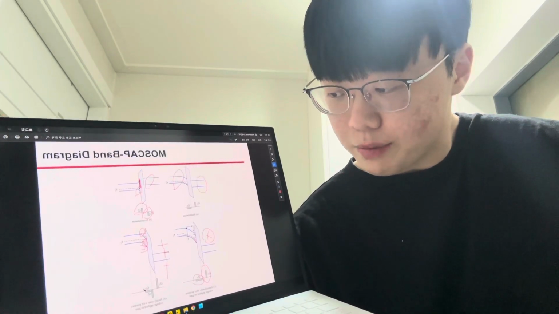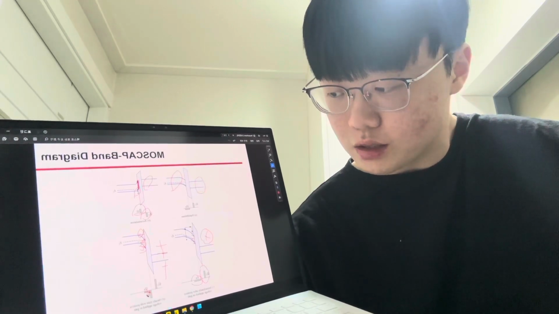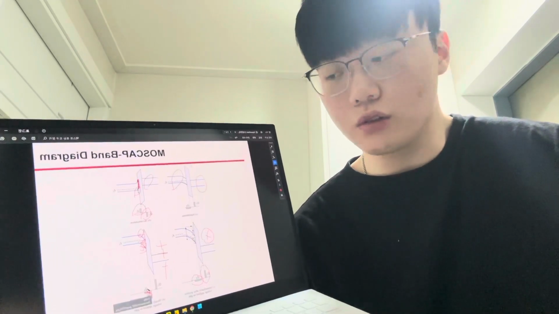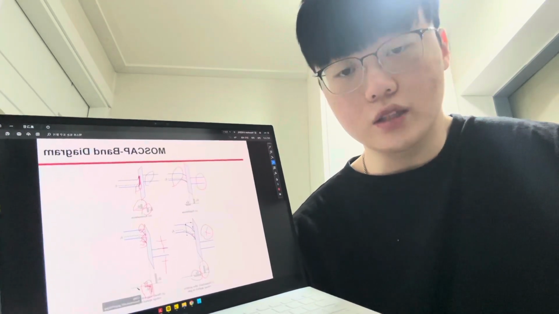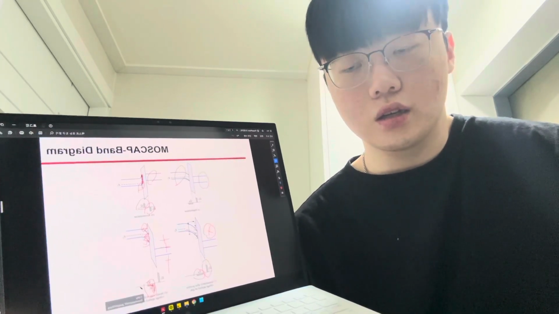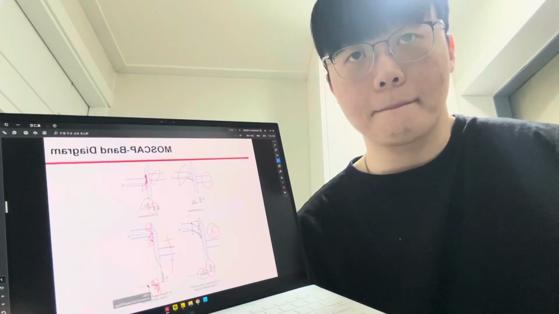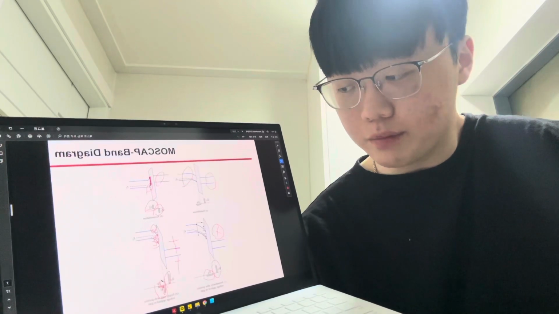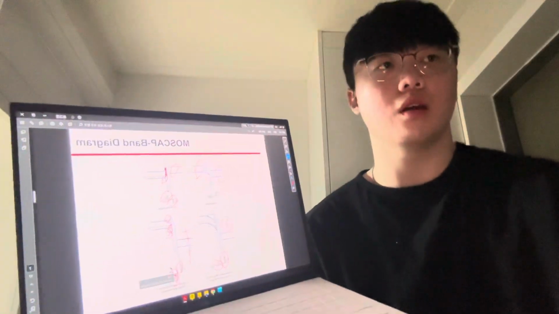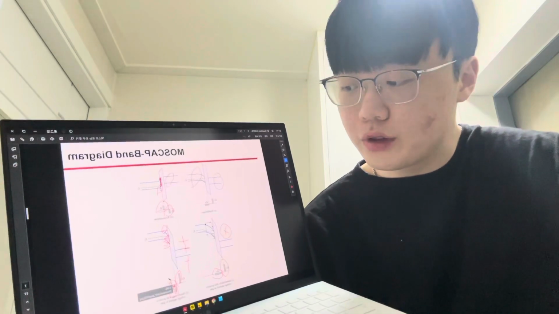So the depth and the amount of the electrons here are relatively more, and here seem to be positive charges,